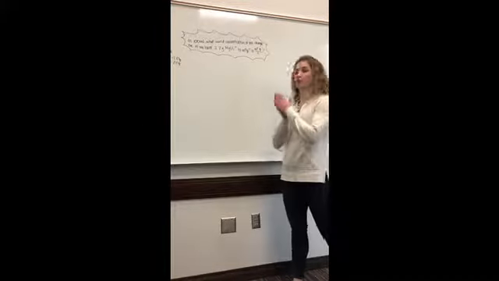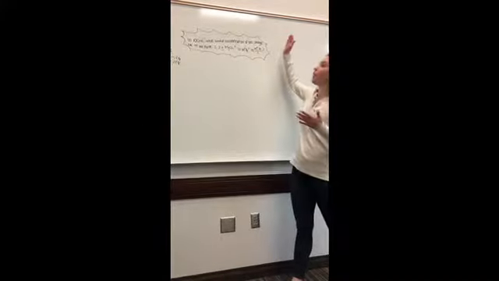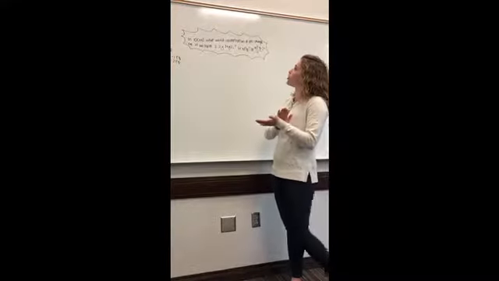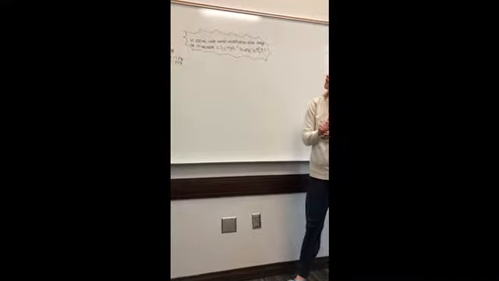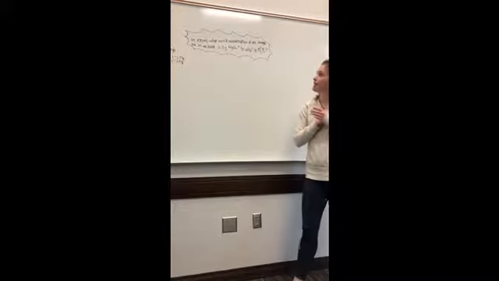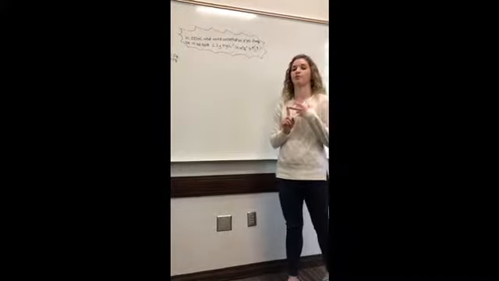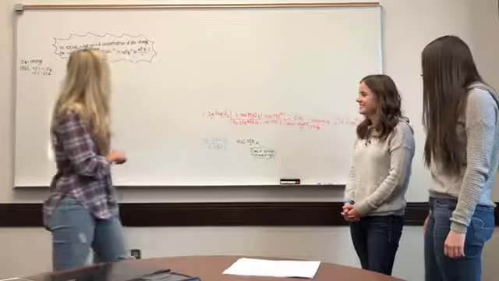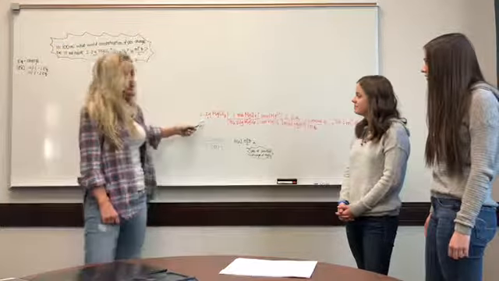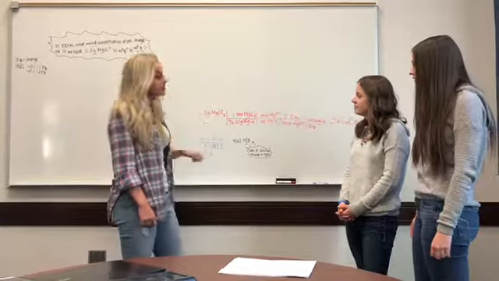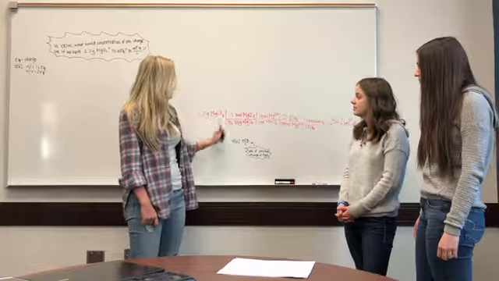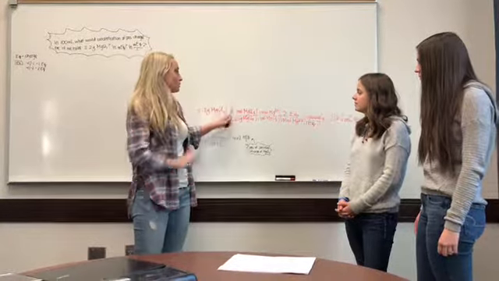Alright, so the question we are trying to solve is, in 100 milliliters, what would the concentration be of positive charge if we have 2.2 grams of magnesium chloride in milliequivalents and in milliequivalents per liter? Okay, so for this problem, we're trying to find the milliequivalents of 2.2 grams of MgCl2. So the first step you're going to do is find the molar mass, and that's 95.211 grams over 1 mole